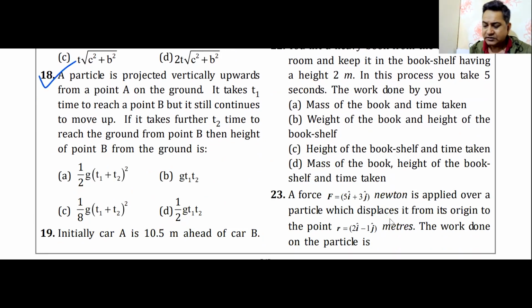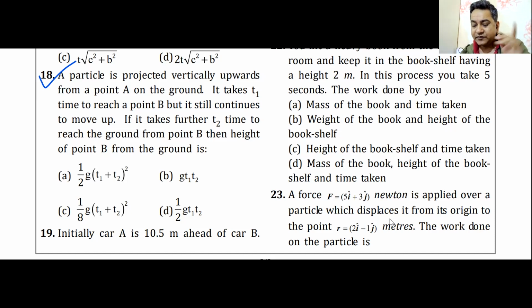For motion in one dimension, a particle is projected vertically upwards from point A. Remember, whatever questions are very descriptive, they take a long time to read. They are almost every time the easiest one to solve, because most of the data is already given in the question. You just need to read the question once and you should be able to answer them very simply. So remember, that's a giveaway, that if a question is very long, it has to be simple, and it almost every time is. It looks like a bigger question, but it is a very simple one.